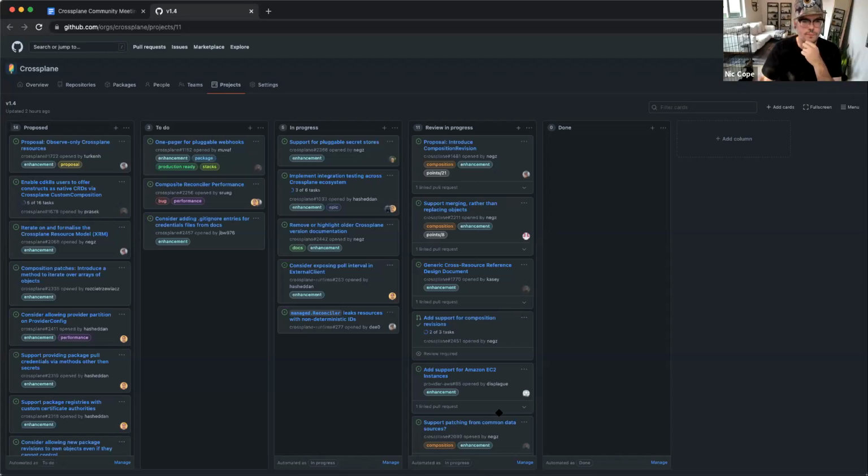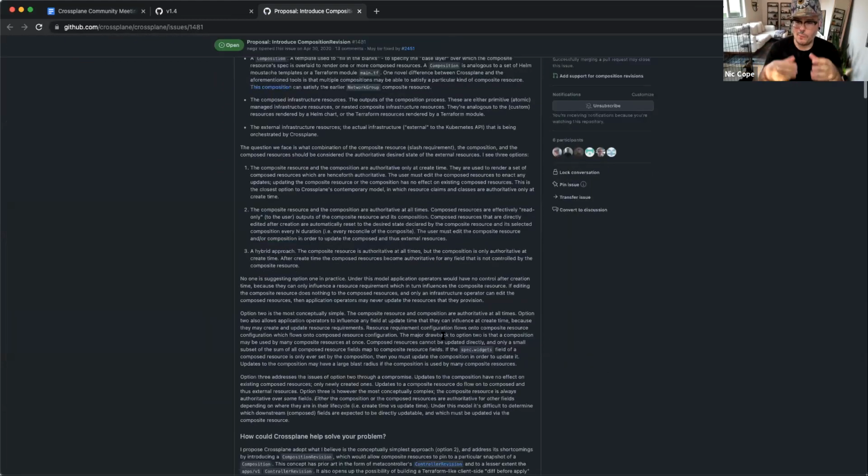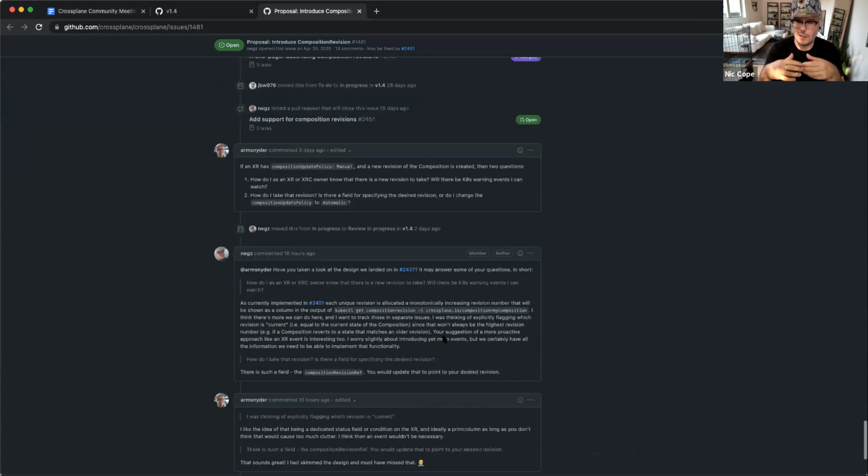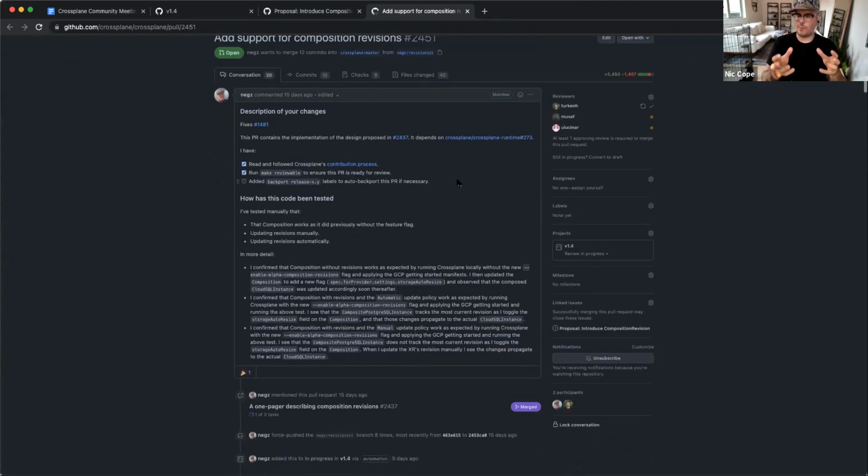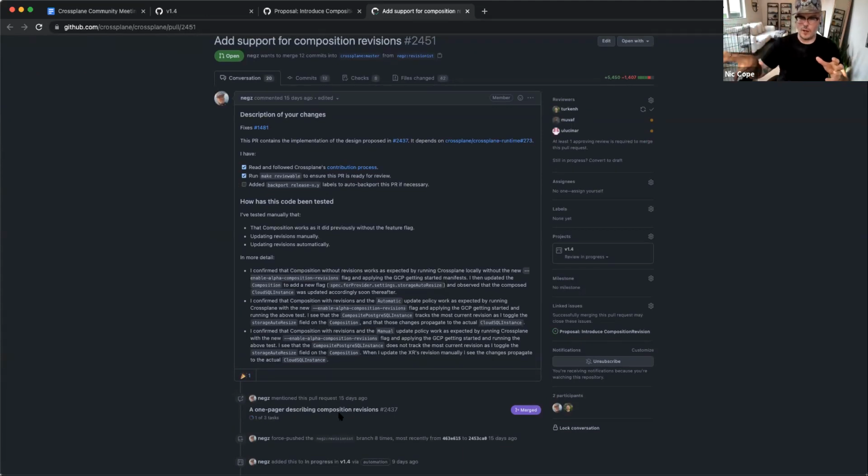Yeah, sure. The two key things that I have in flight in implementation at the moment, both in review stage, start with a new feature of Crossplane, which we're calling composition revisions. Up until this point in Crossplane 1.3, we have our composite resources, which are powered by a sort of template called a composition. You can have an arbitrary number of composite resources of your definition, say your Acme Corp database, that use a composition to say, when someone creates an Acme Corp database, go make an RDS instance and an IAM role, or whatever that database should be composed of.